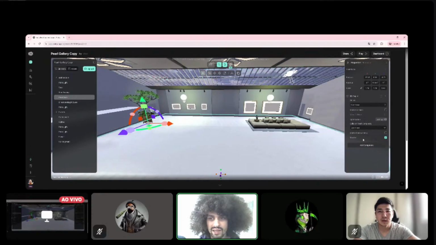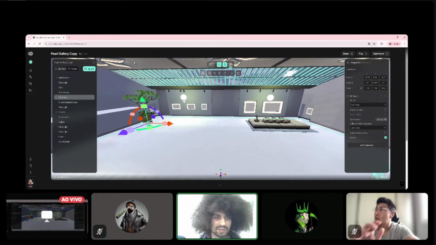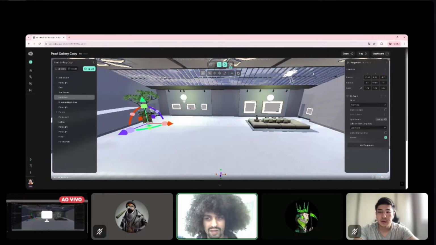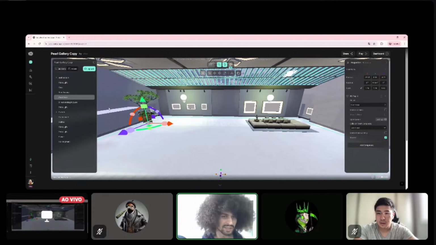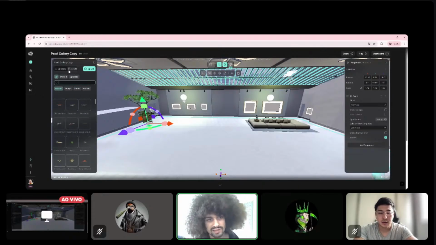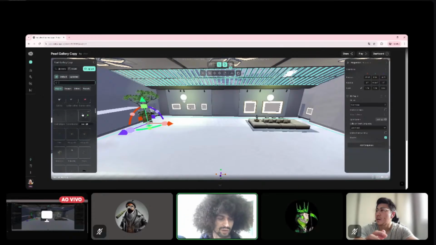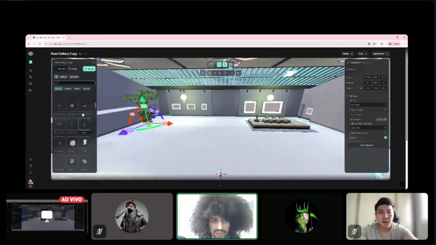First of all, as you see, the layout is different, and we used to have an inventory panel in here, but we figured out that it was blocking a lot of the view. So now your assets library, which is your inventory, is attached to your elements panel. In here, you have those two tabs where you can find the current elements in your scene. It's these ones in here. And you have the assets tab where you can find your inventory with all the assets that you have in your account. And also, if you want to upload a file, this is the space where you will do it.